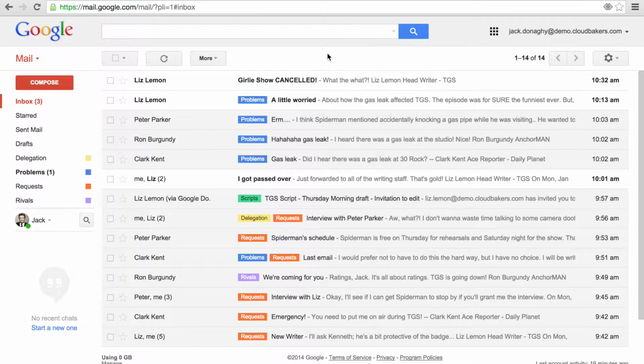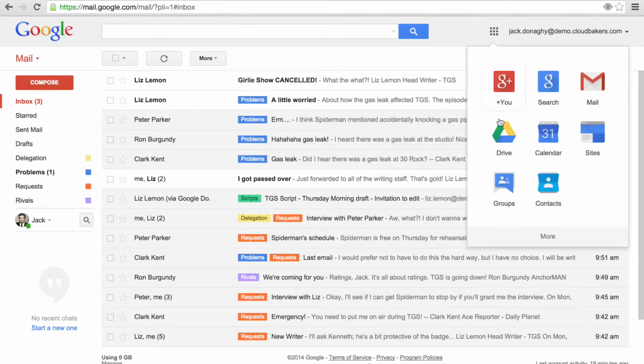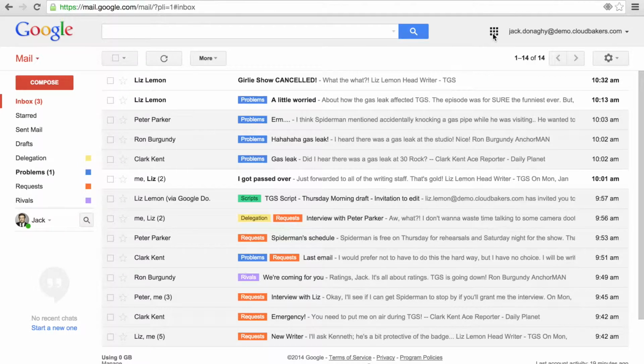Your Gmail inbox is at the heart of your online or offline work. From this page, you can get to everything that you need in less than 3 clicks. Calendar, Drive, Hangouts, and more, depending on what your workflow looks like and what other tools you may be using. Let's look at each of these a little more in depth.